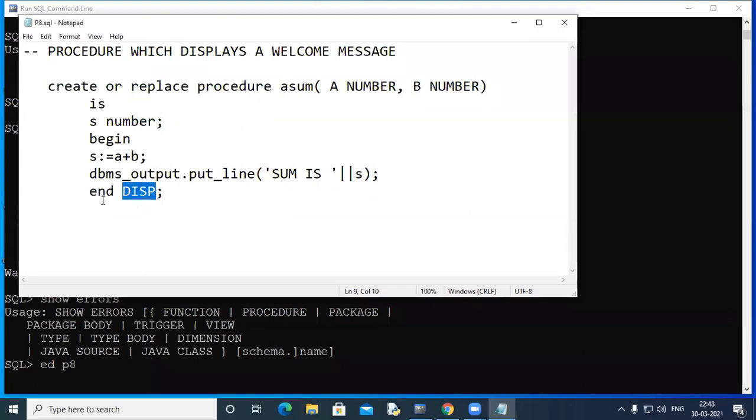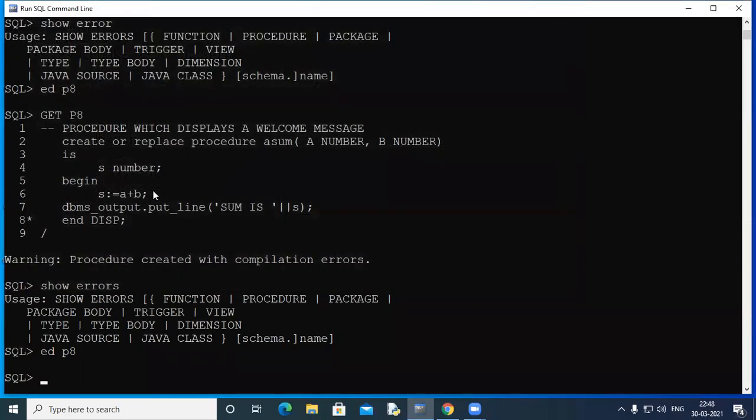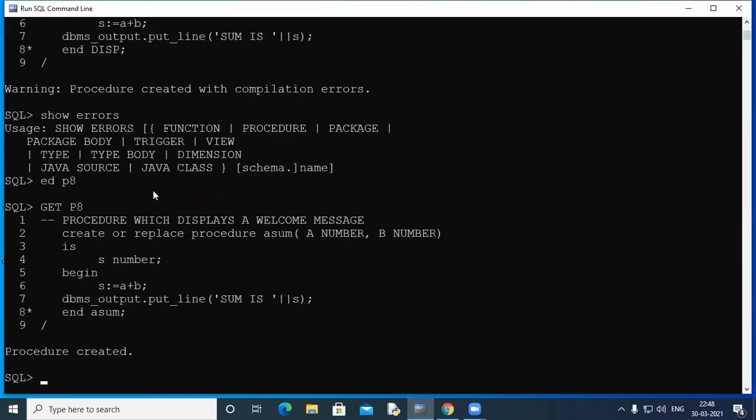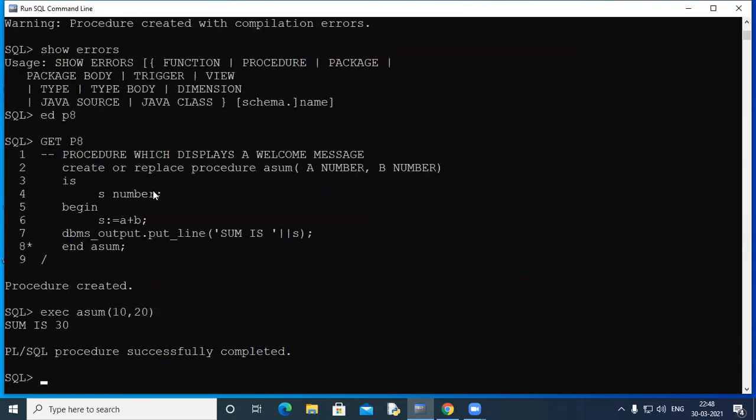So, if you are following end with the procedure name, it should be the correct one. Here it is asum or add, whatever it was. So here it is this. So I should write here asum. That should solve the problem, I think. Let's hope that it solves the problem. So procedure created. Very good, Sejal. Perfect answer. So again, just execute this asum and pass two values and you get the answer. Something similar to your functions, but then the functionality will improve once you actually see how to make good procedures. Okay, so I think this is clear till this point.